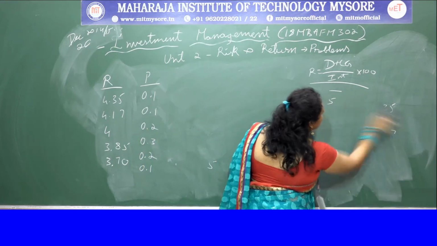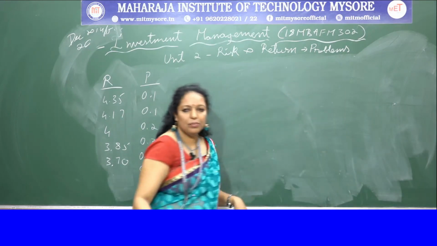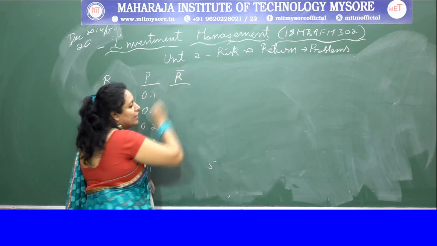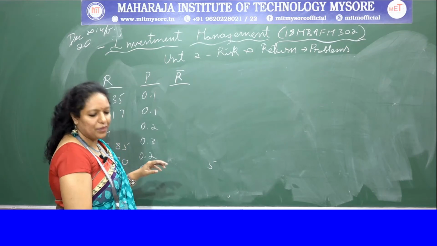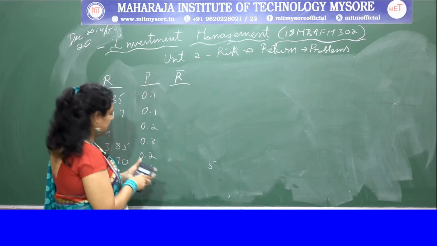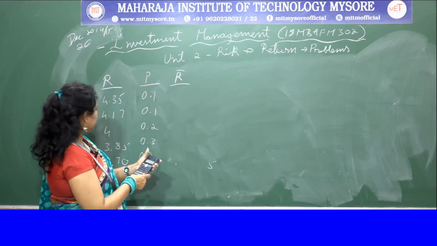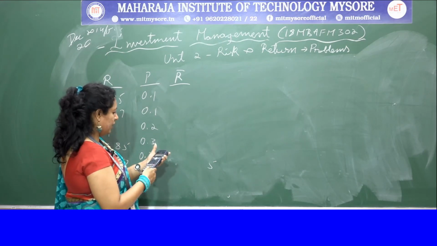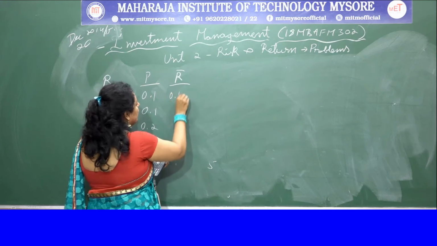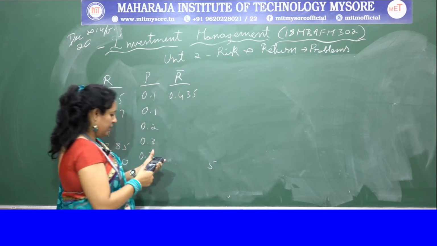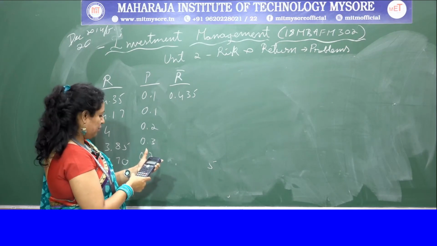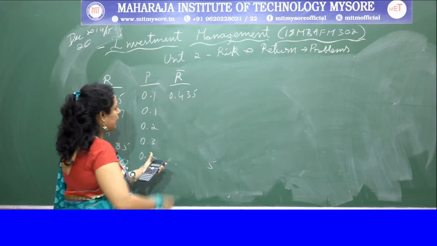So which is our regular problem? Regular problem of R minus R bar. So we are going to calculate R bar for this. Okay, to calculate R bar, 4.35 into 0.1, you get 0.435, then 4.17 into 0.1, you get